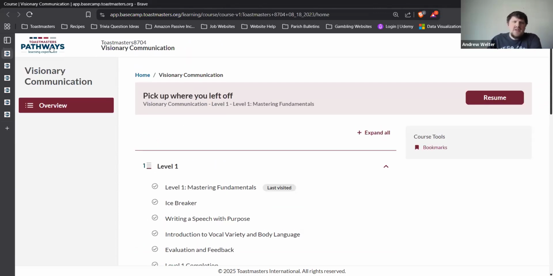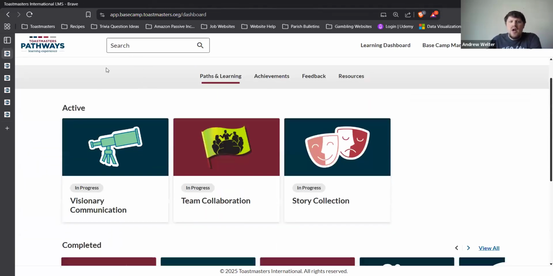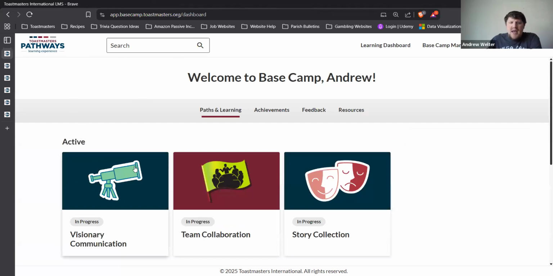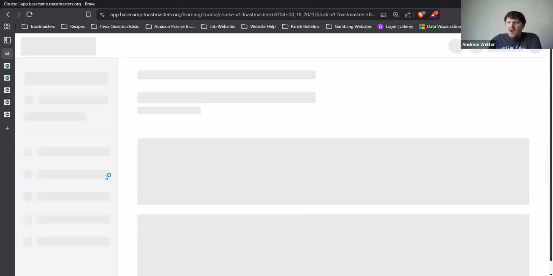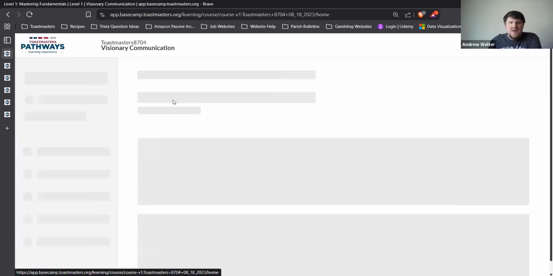So here is Pathways. I'll go back to the Pathways main page here. From the Pathways main page, if you open up your path, I'm going to first go to this overview here on the left. If you go to this overview,